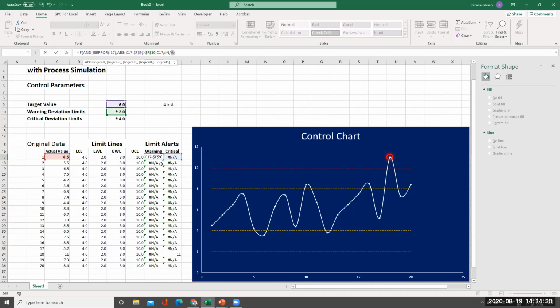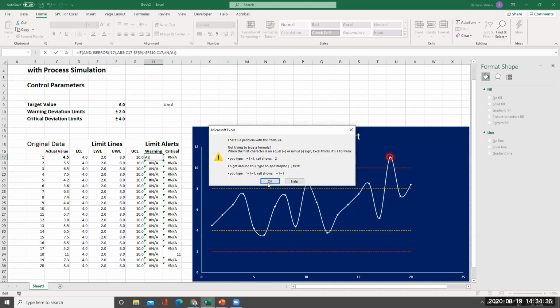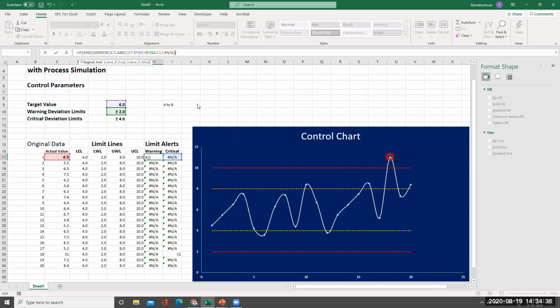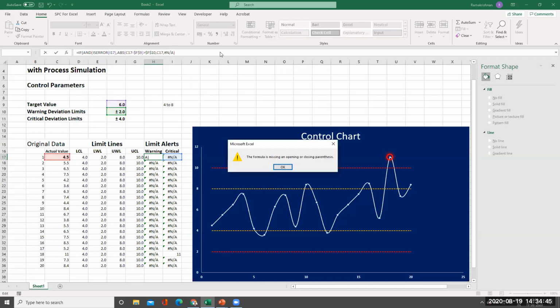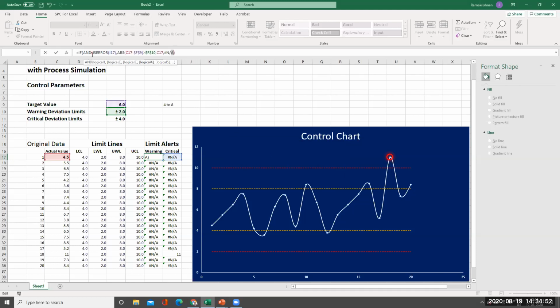Formula contains, okay. If and is error I17, since I'll have to put right.